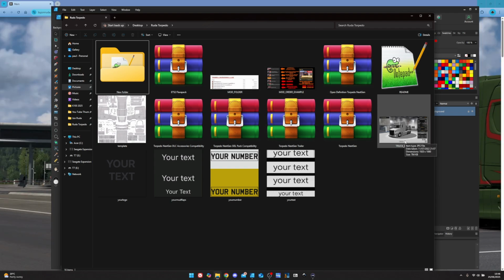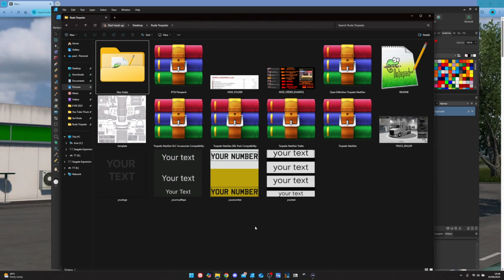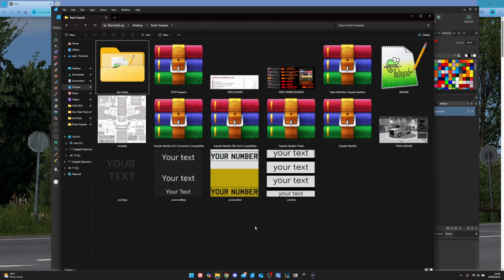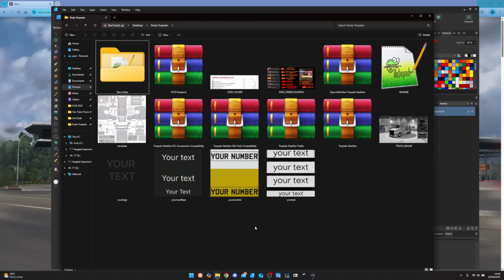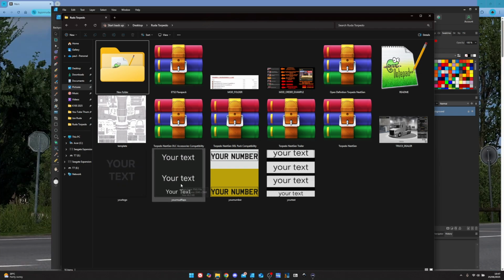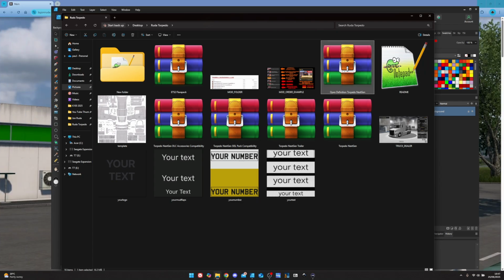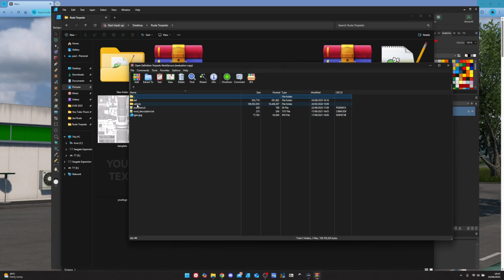He doesn't supply the XML for this truck. I don't know why. I did try and tell him before, but they've done it for a couple of the ATS trucks. I don't think they'll do it for any of the ETS2 trucks. I might be wrong, but I don't think they have. So inside the open def, you've got a logo one, a mud flap one, number plate, and this is the light boxes on the top of the truck. So if you open the open def, like so,